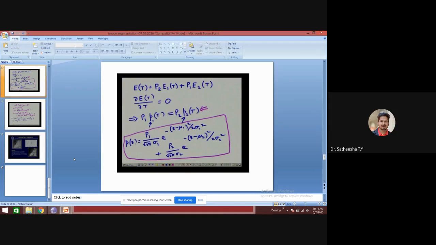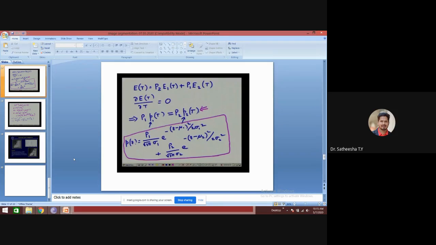I will just give you the final result, which is P1 of T equals P2 of T. So we are going to get an expression of this form, and the solution of this equation gives the value of T. To solve this, what I need is knowledge of the probability distribution functions P1 of T and P2 of T. In most cases, we normally assume the Gaussian probability density function.